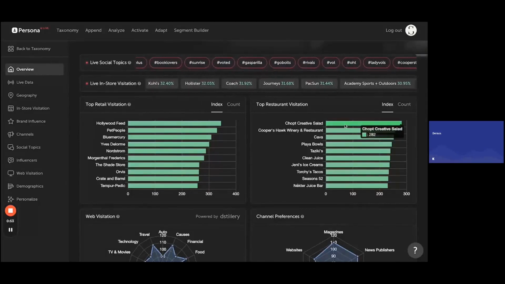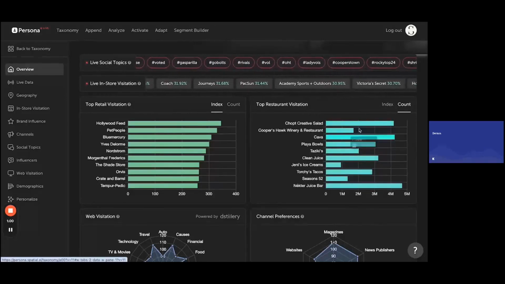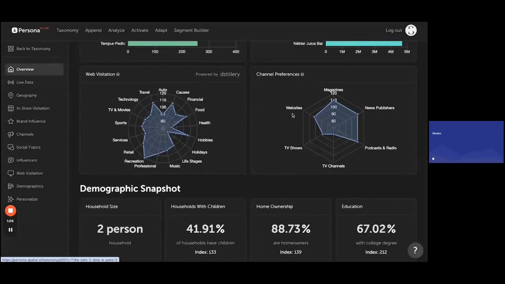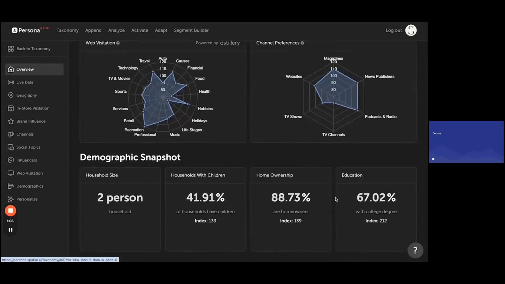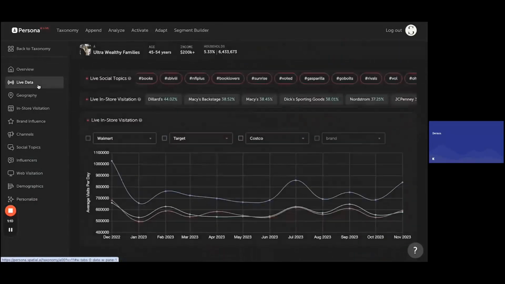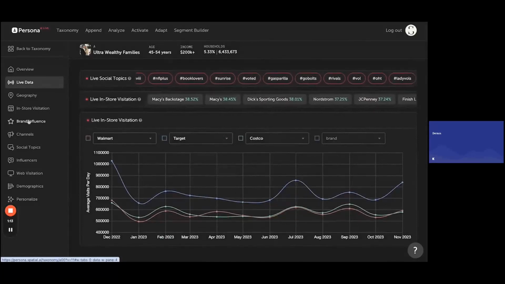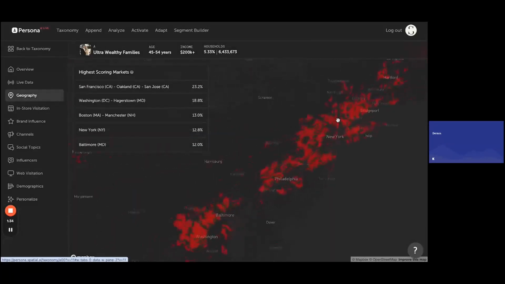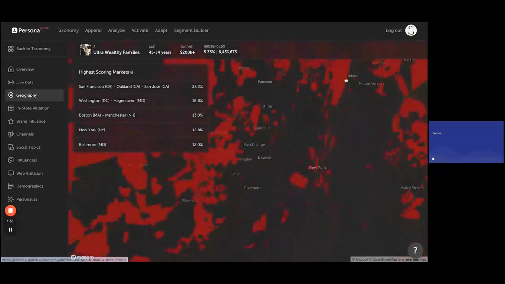So we can see these people over-index on visiting Chop Creative Salad and Kava, and you can also view that by count. We can see their overall web visitation, channel preferences, and a demographic snapshot. And that's just an overview for the segmentation. You can also view any of this information throughout time. The geographies where these people make up the majority of the population.